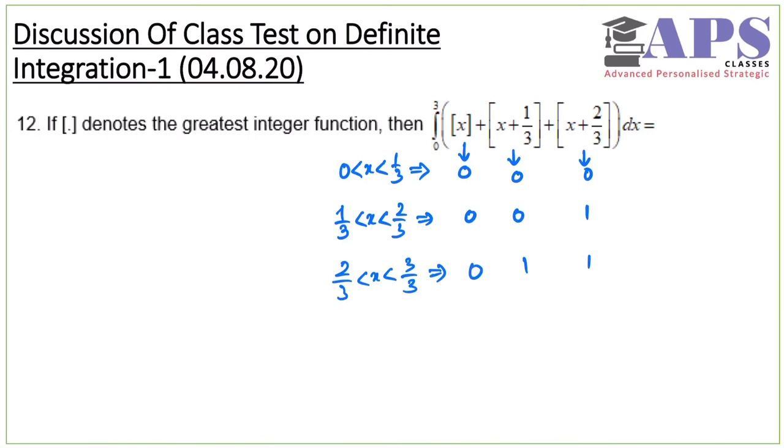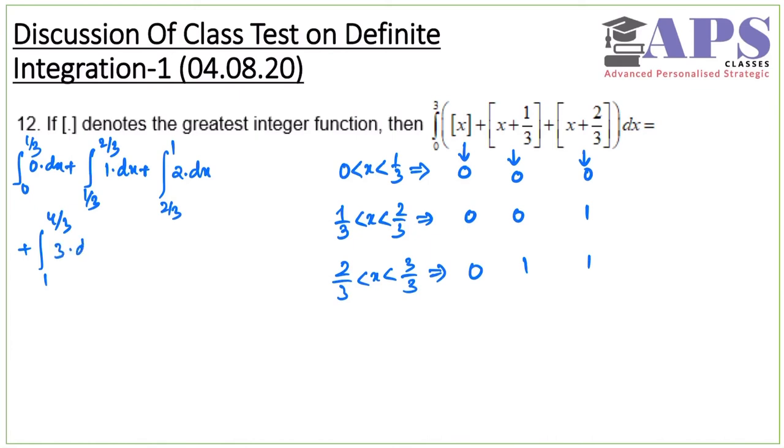so we will get so many intervals like this. So now if I put that in integration form, I can write integration 0 to 1/3, it will be 0 into dx, plus 1/3 to 2/3, it will be 1 into dx, plus 2/3 to 3/3, which is 1, there will be 2 into dx, and then plus 1 to 1/3 more, that is 4/3, there will be 3 into dx, plus 4/3 to 5/3, will be 4 into dx, plus 5/3 to 6/3,